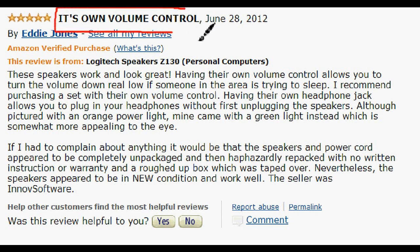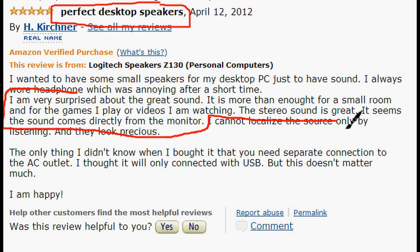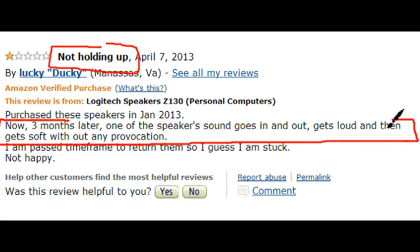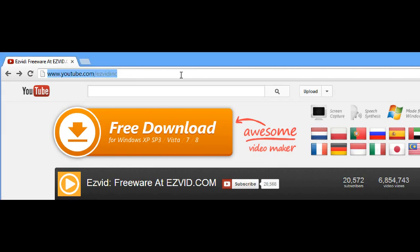Users were surprised by the sound these speakers give off, mainly because it's only 5 watts. It won't blow your hair back or anything, but many users were using these as computer speaker replacements or for small settings like in their apartment or whatnot, and said that the sound was just amazing. Several complaints say the opposite though, and that the sound quality is horrible and even has noticeable distracting feedback, and for some users that just became too unusable, and so they sent them back, which is sad for them. And some users also didn't like that they were not USB powered, but get over yourself. But anyway, we're going to go back to our list,